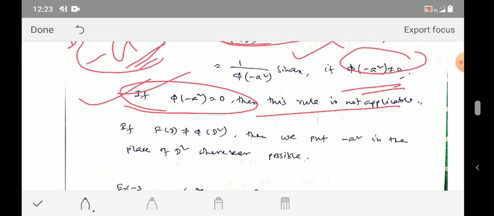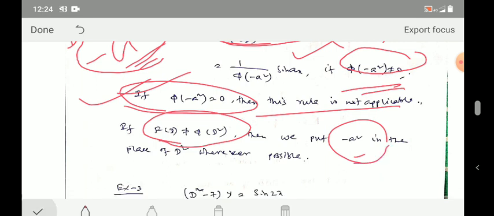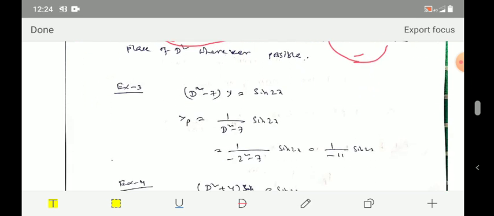Now, if f of D is not equal to phi of D square, then we can use this method also. Just where we can, we will find D squared, there I put minus a square, and the remaining terms can be calculated in a sophisticated way that will be discussed here in an example actually.